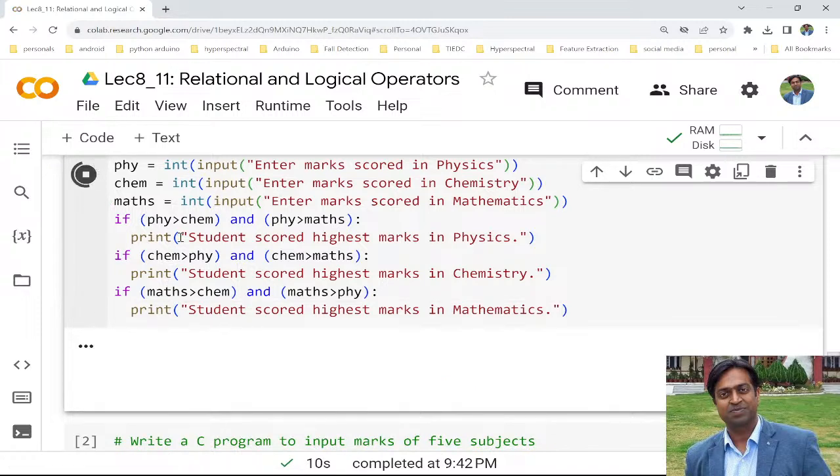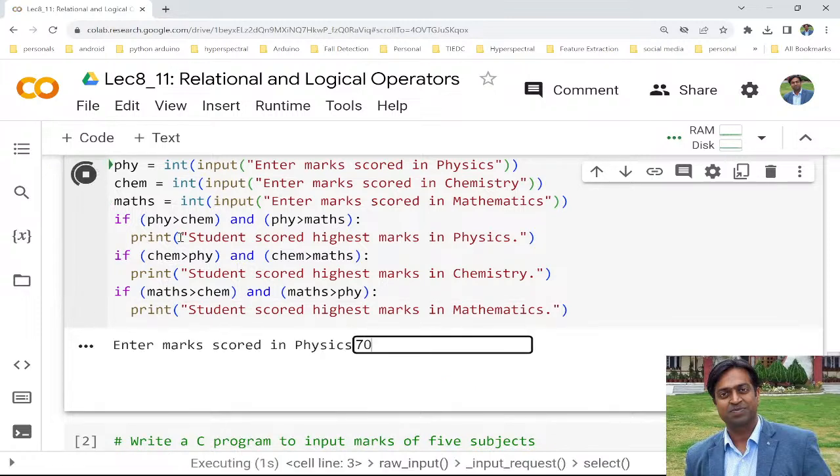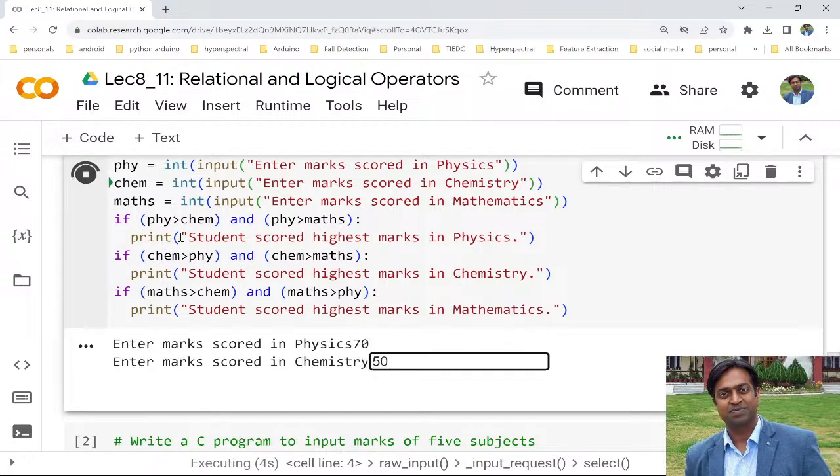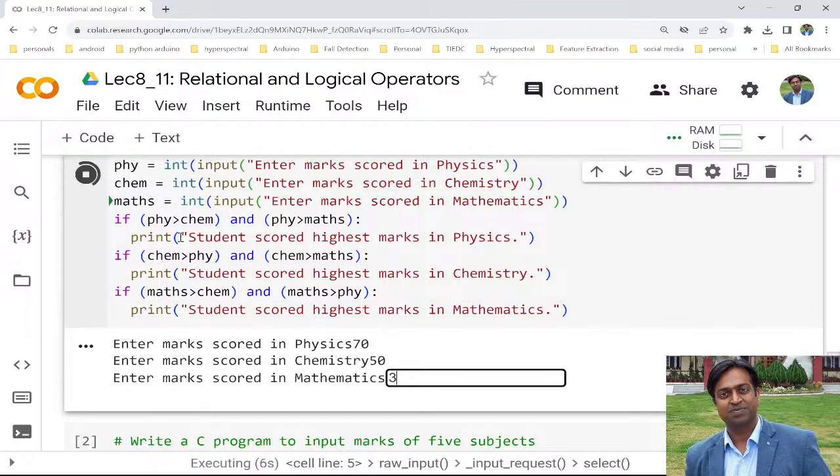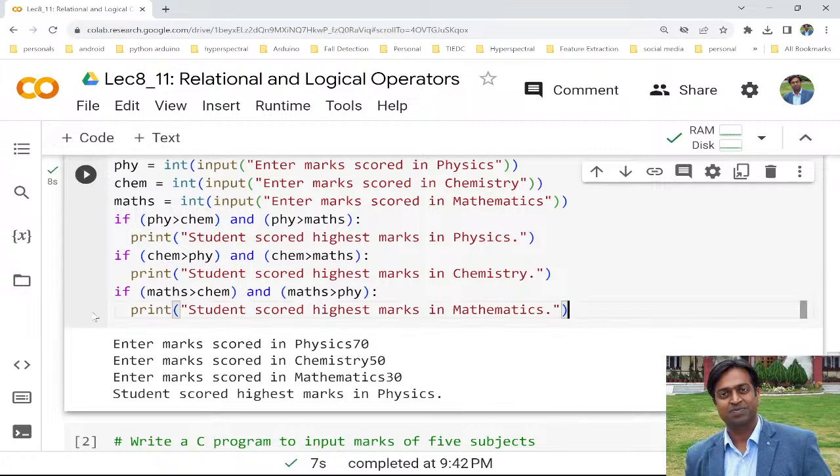Let me check it for another subject. 70, 50 and 35, 30. So highest marks scored in physics. So you can see it is working. Without using the else statement, this program is working. But over here, the thing that you need to note is